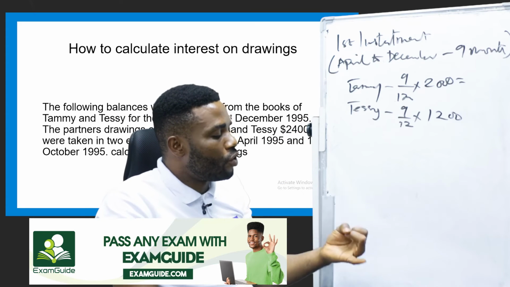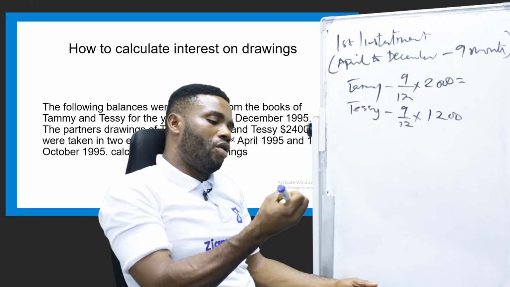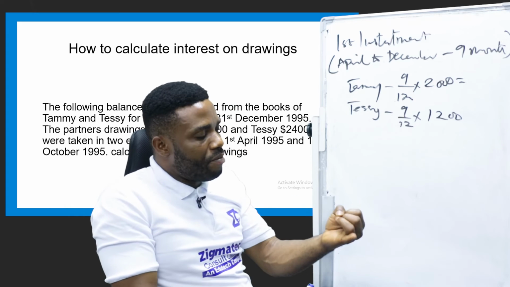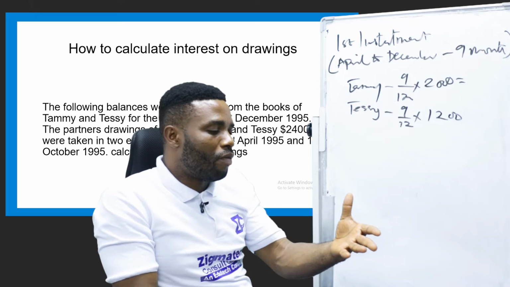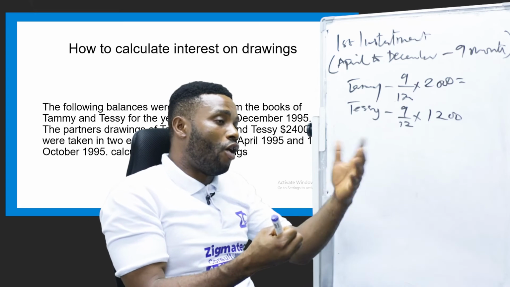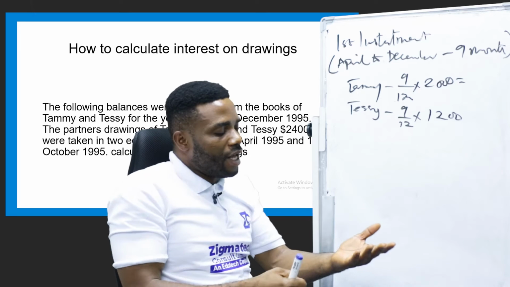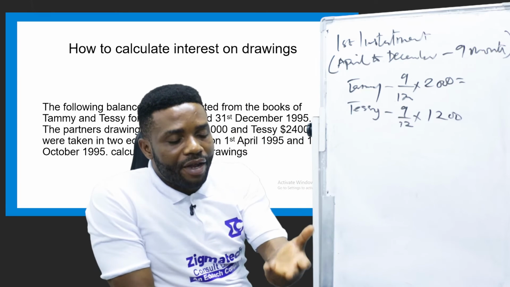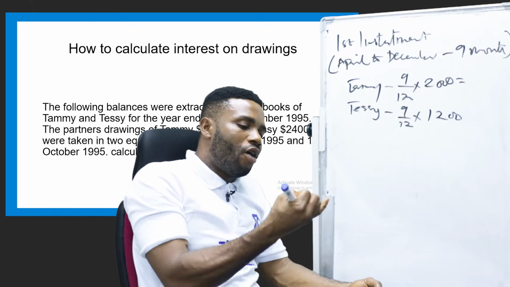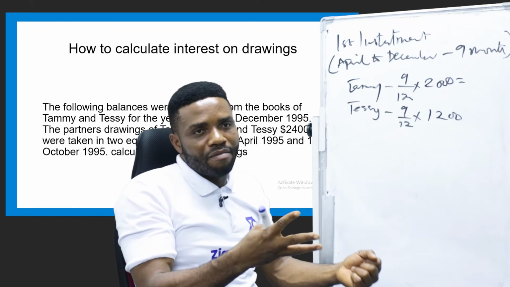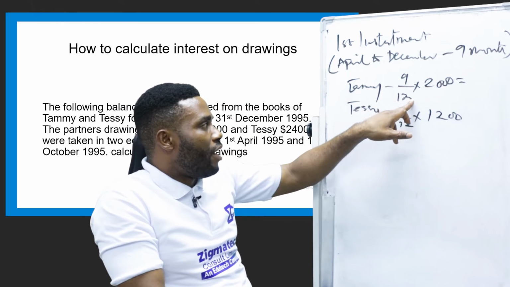Let's count it again. April, May, June, July, August, September, October, November, December. That's 9 months. So this 9 months is going to be 9/12 times